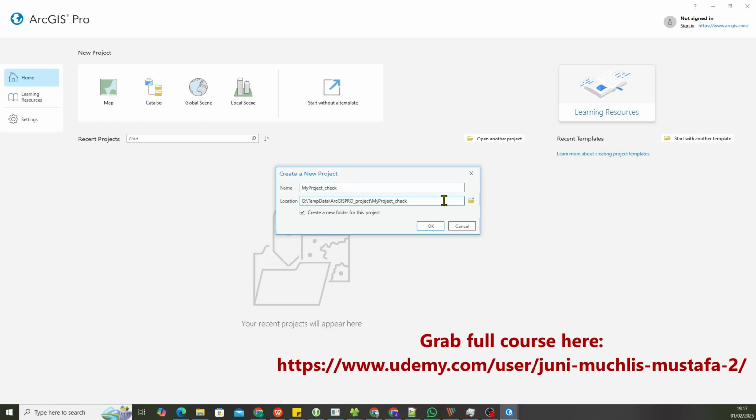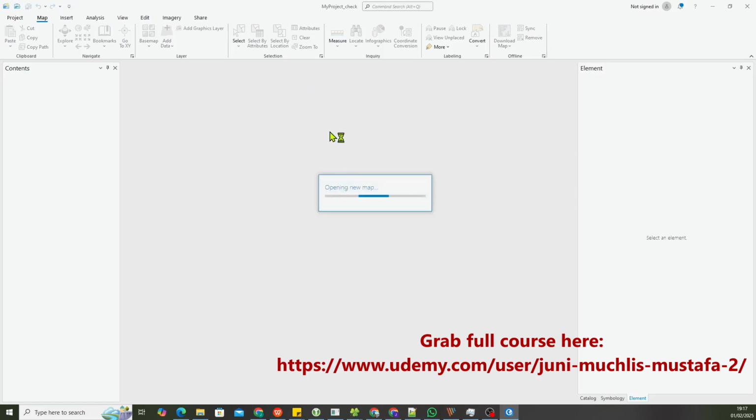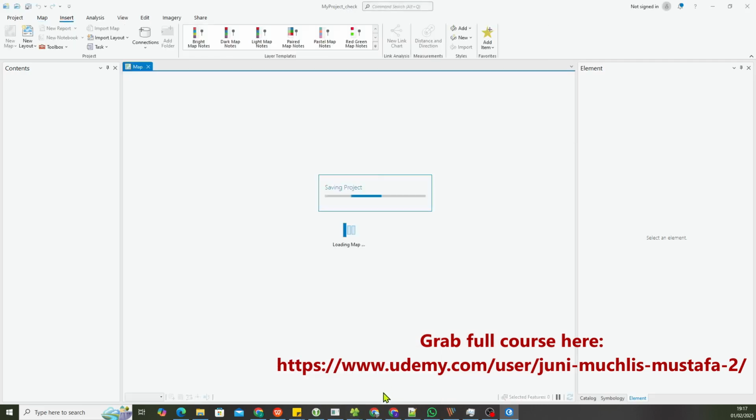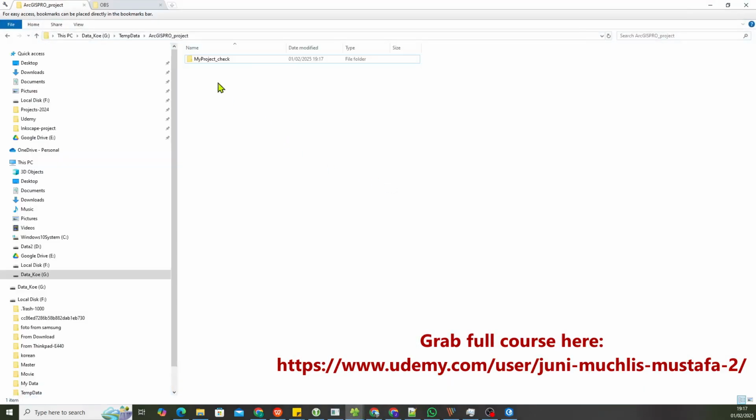Okay, so I will delete this. We'll check it in our Windows File Explorer and we click OK. And there, this is my project check. Okay, now let's see the File Explorer. Okay, there. Now here, as I said earlier, ArcGIS Pro creates a new project inside the ArcGIS project folder,